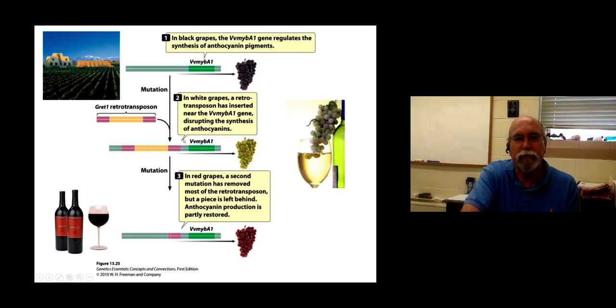But what it basically did was shut down most of the production of this anthocyanin, this color production, so you can end up with white grapes like this, okay? And of course, you take those white grapes and make white wine out of it. And red wine, which is what I prefer, is made because there was a system that cleaved off most of this retrotransposon. Still, some of it's there, particularly some of the terminal repeats, but so much of it got cut off that you now have a partially functional gene that can produce enough of the pigment